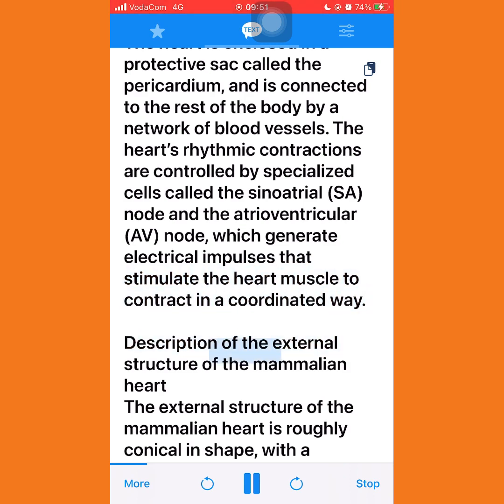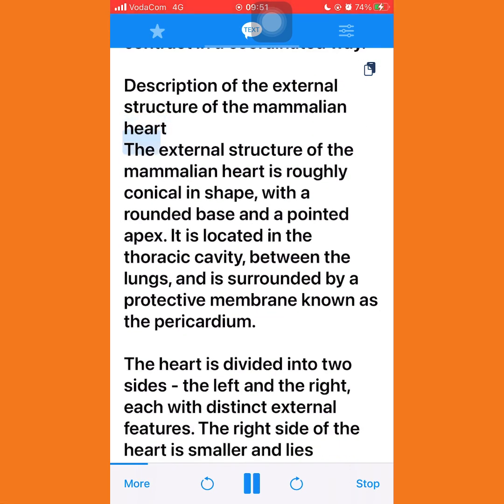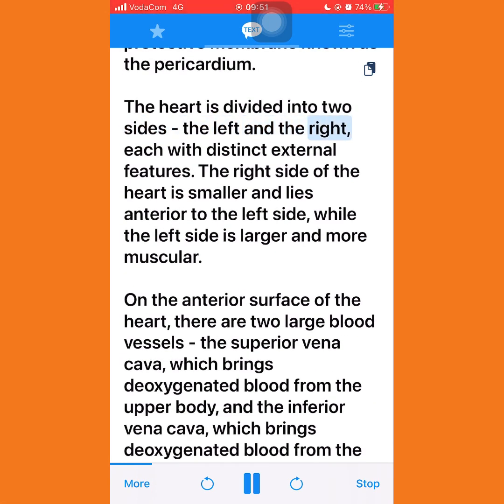Description of the external structure of the mammalian heart. The external structure of the mammalian heart is roughly conical in shape, with a rounded base and a pointed apex. It is located in the thoracic cavity, between the lungs, and is surrounded by a protective membrane known as the pericardium. The heart is divided into two sides, the left and the right, each with distinct external features. The right side of the heart is smaller and lies anterior to the left side, while the left side is